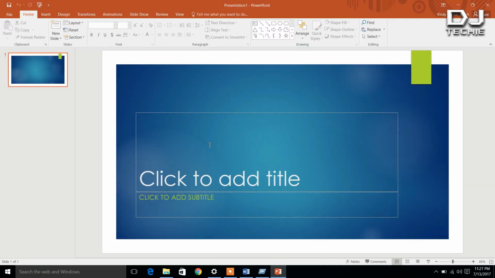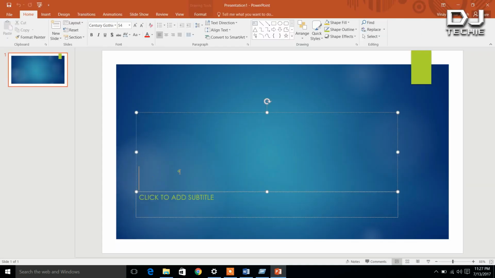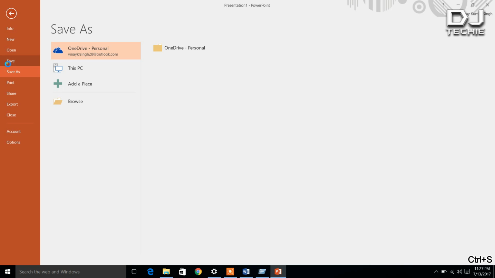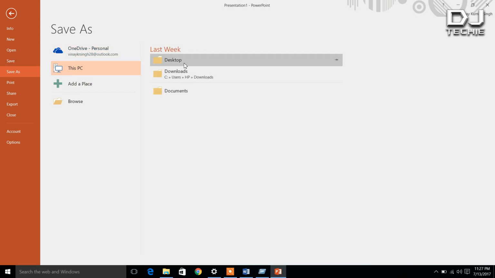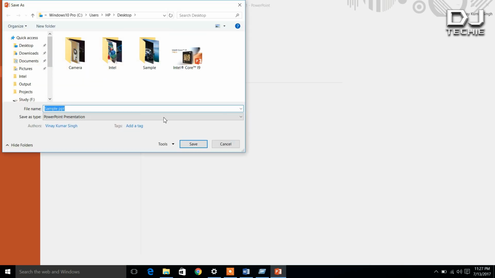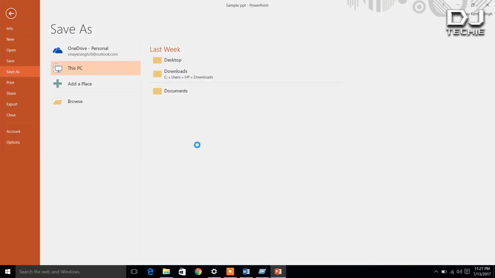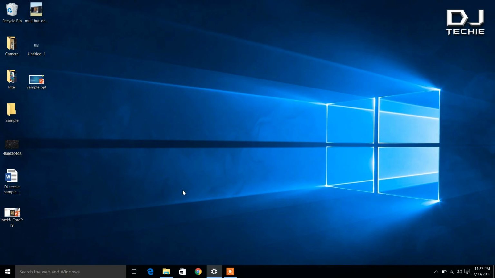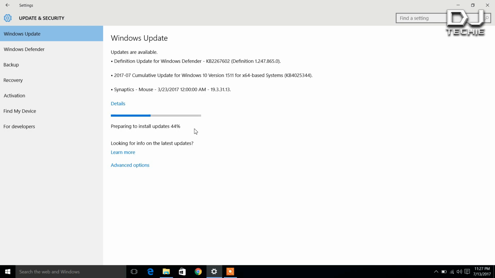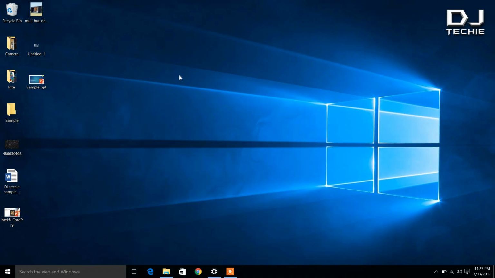So the sample presentation is created. Let's type something here and let's save it. As you can see, I will click on save, on this PC, desktop, and sample PPT. Meanwhile, you can also see that some updates are going on my laptop, so multiprocessing is also going on,